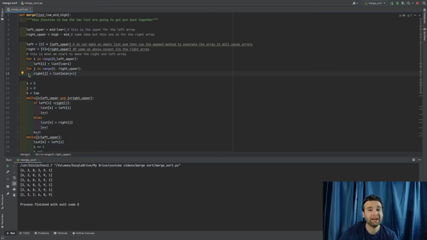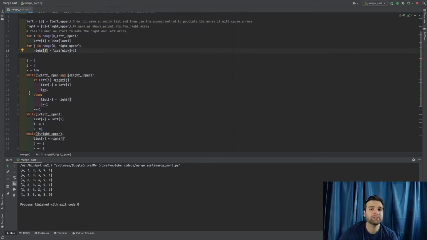All right. After that, we're going to be creating 3 integers. i and j are going to equal 0. i and j are going to correspond with left and right. The reason why I picked i for this one is because we're going to be using i for the rest of this program in association with the left array. And then j, same thing as the left, but it's going to be for the right array. Now k is going to correspond with the original list. So that's why we're setting it equal to the low value. And this is where we start